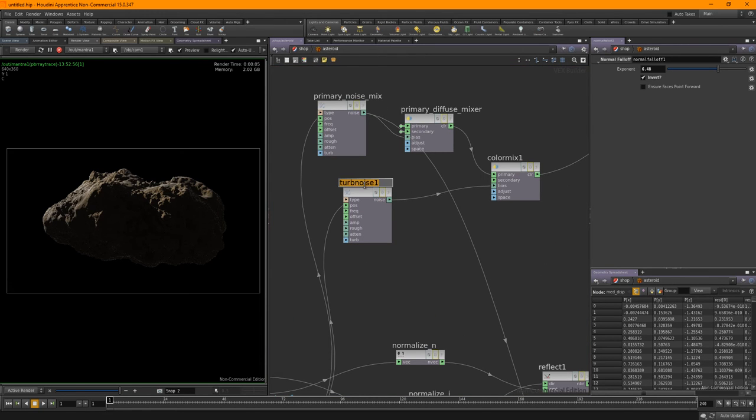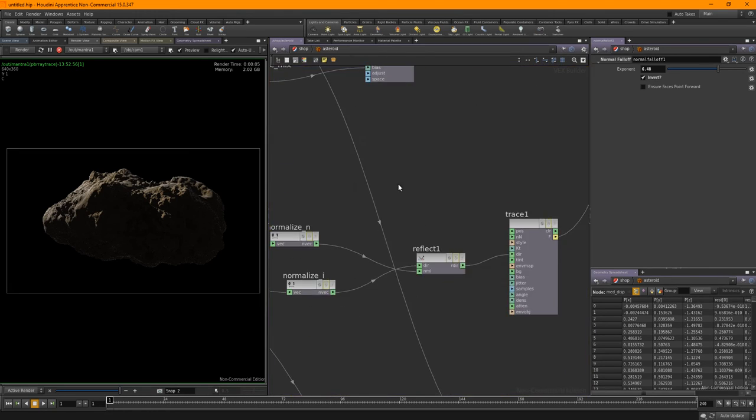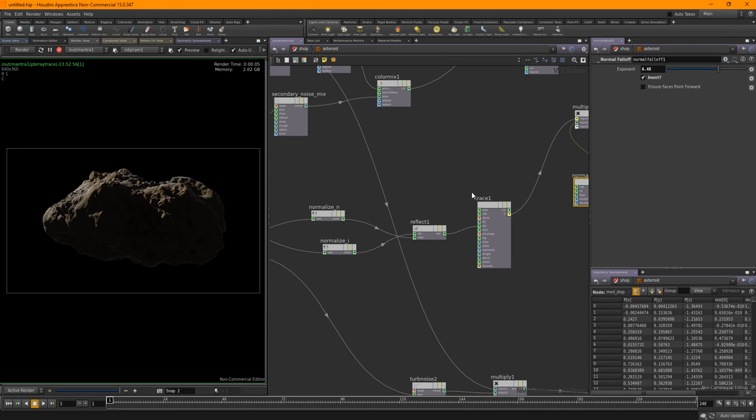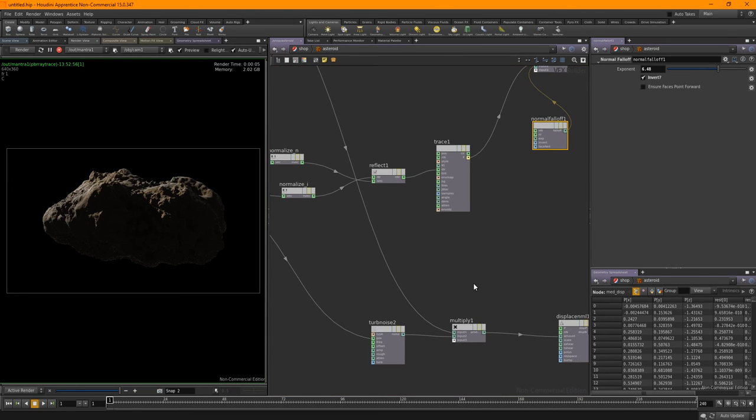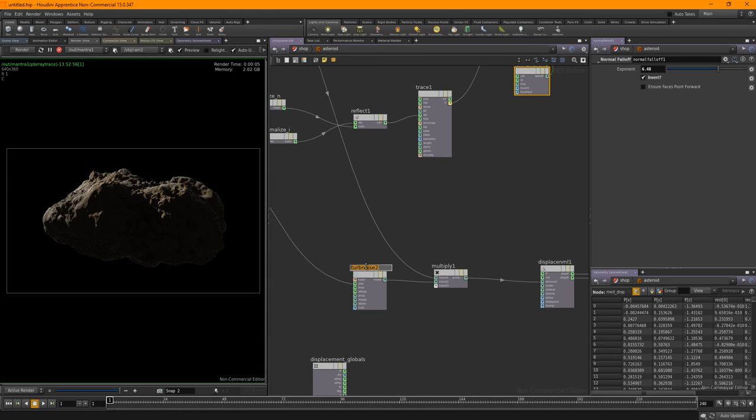So let's call that a secondary noise mix. So that's that. Reflect, trace. We don't need to name them because we know what they're doing. This is just main displace. Yep, thought I spelled it wrong then.